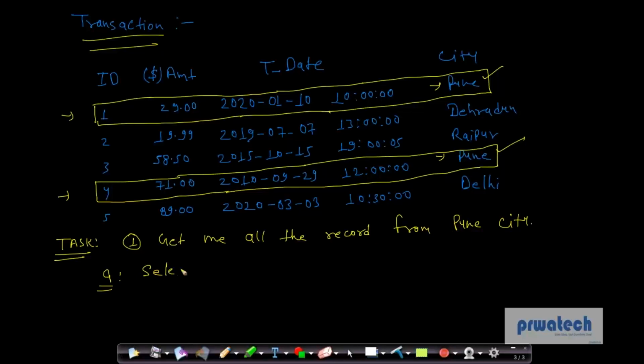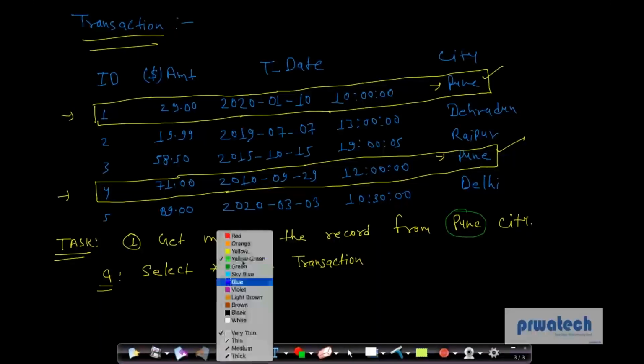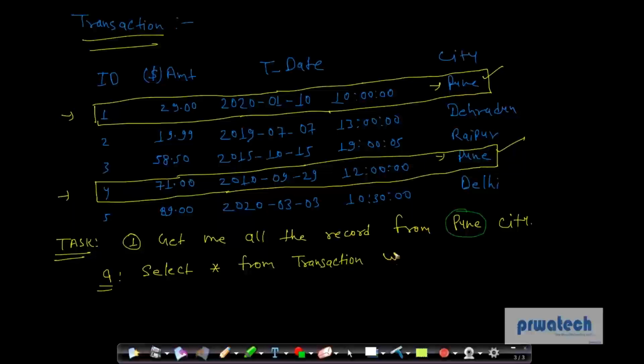Select star. Check this query carefully. Select star. Star means all the columns from the table name. What is the table name? Transaction. Now the requirement is coming for only one city. Transaction where city is equal to